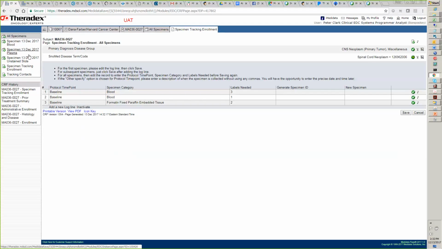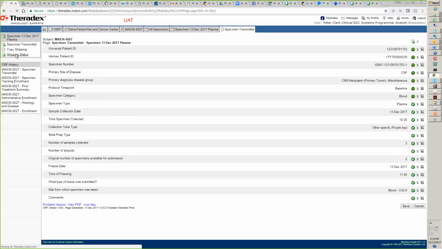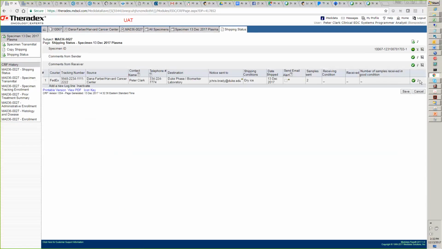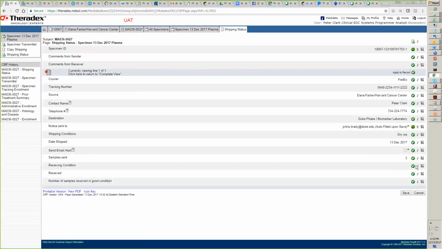Chris, when you receive that box, right, we're using test data, but you would go in to this particular record, the plasma specimen, and go to the shipping status form, click the edit pencil for the record, and then you would want to add information to the last 3 lines of this form. So you would just click the edit pencil for receiving condition. It was sent to you